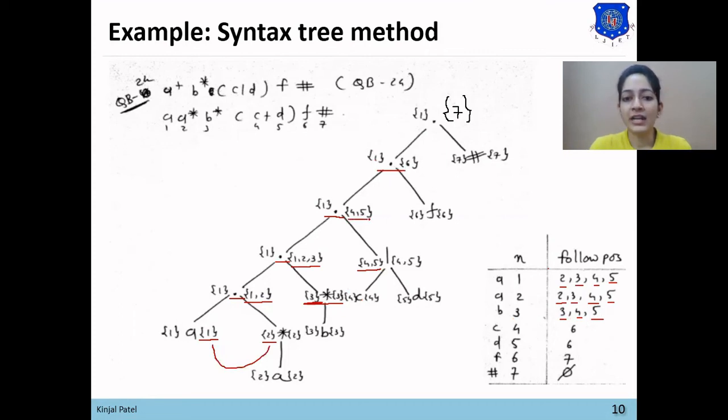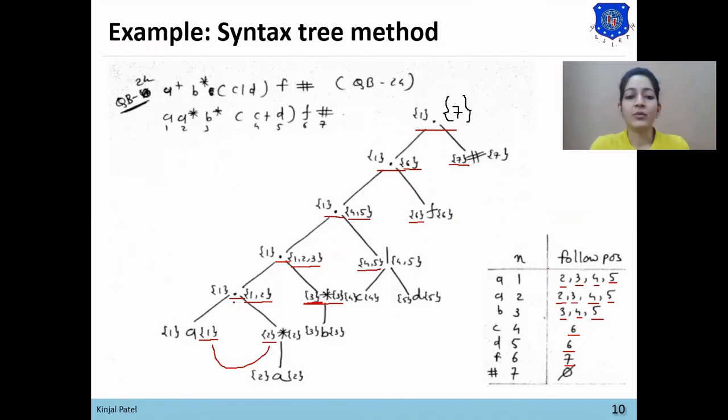The first child of fourth dot is 4, 5 and second child of this dot is 6. So in the follow position of 4 and 5, 6 will be added. Now the last dot: the last position of first child is 6 and first position of this dot is 7. So in the follow position of 6, 7 will be added.